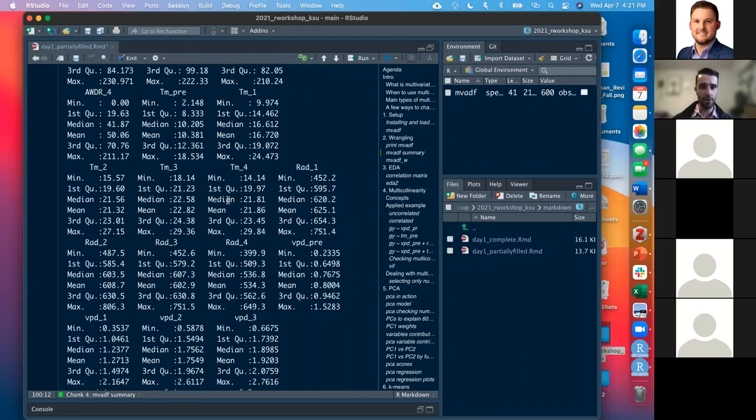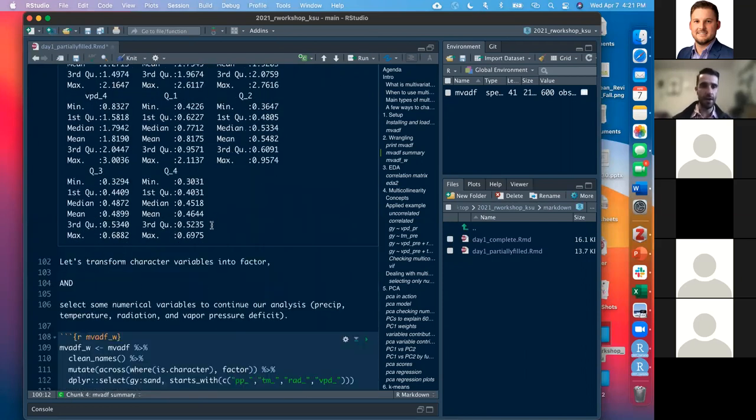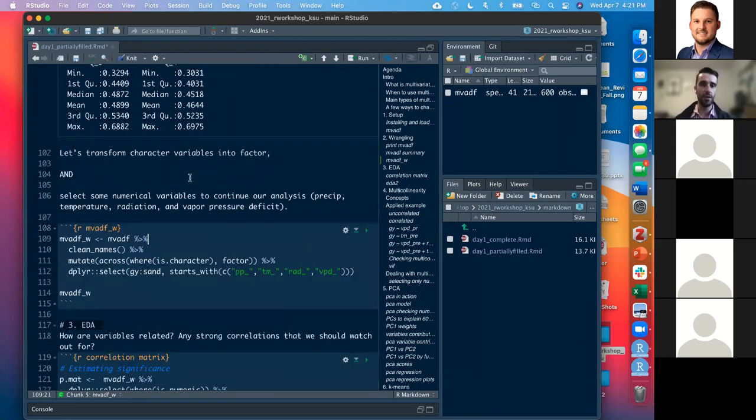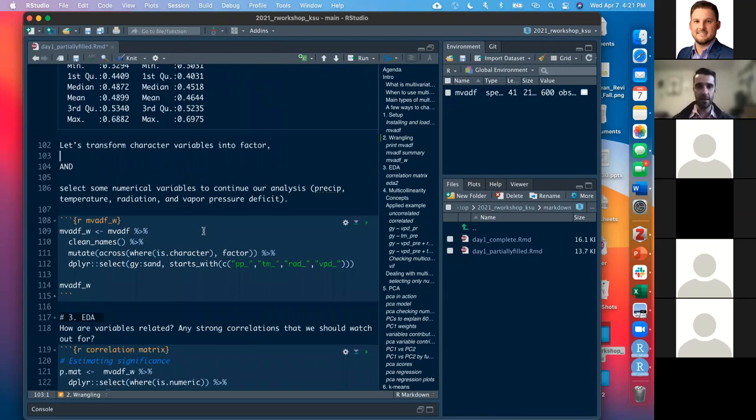Okay, so you can just go past that output, and let's get closer to the next chunk here. I want to do some light data wrangling here. Basically, first I want to clean the names. You don't have to do this right now, but I'm just going to print again